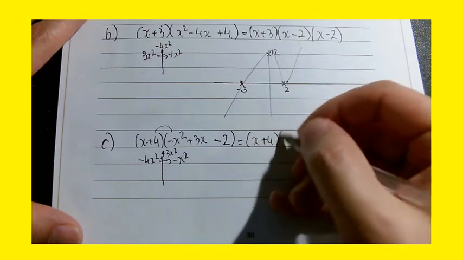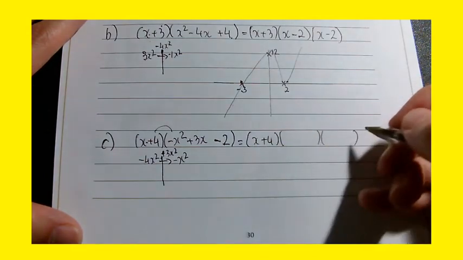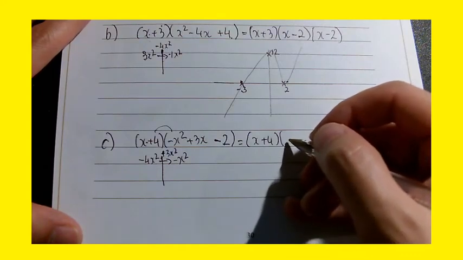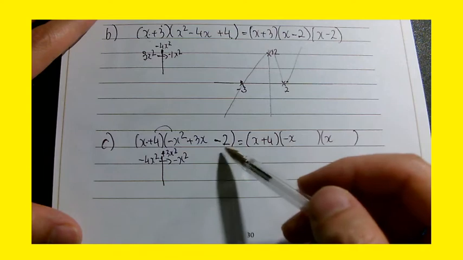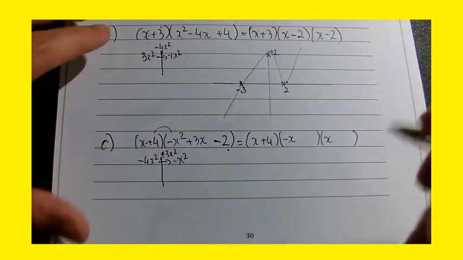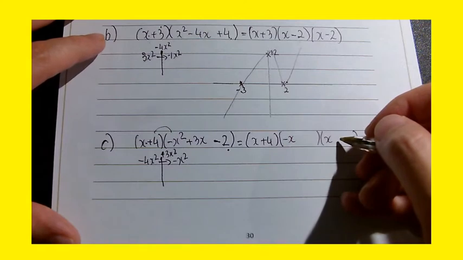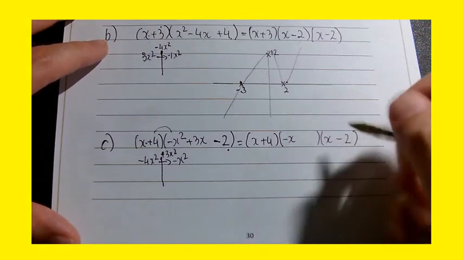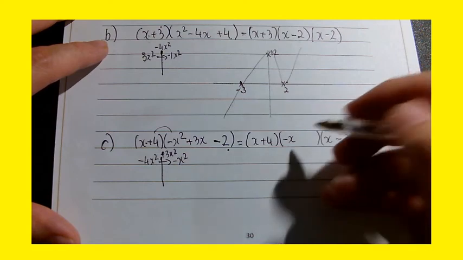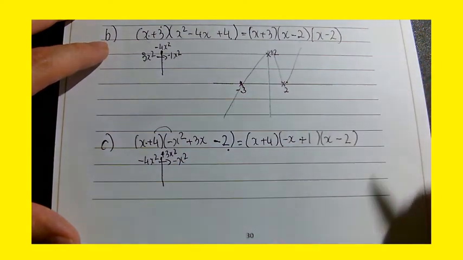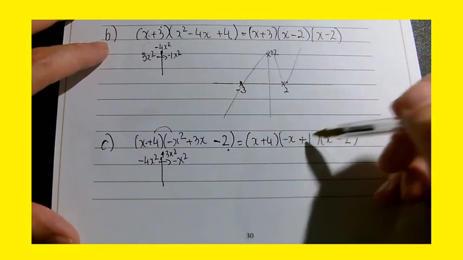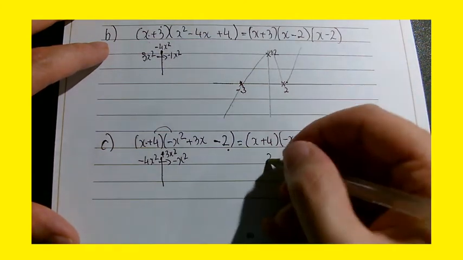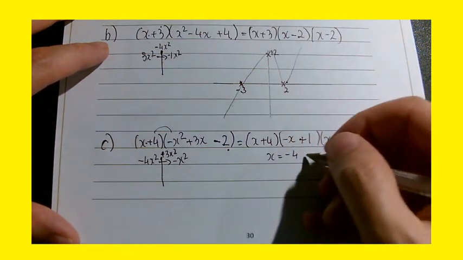Now, once you've got to that stage, and like I said, that all checks out, you need to factorize further. It's going to be slightly trickier. Or you can obviously use a calculator to help you with this. So minus x and x, two numbers that multiply to give you the minus 2, but then should somehow add to get you the plus 3. So I think minus x times minus 2 is plus 2x plus 1x. Yeah, I think that will work. So minus x squared plus 2x plus 1x. Yeah, that will work. So the x-intercepts are minus 4, 2,